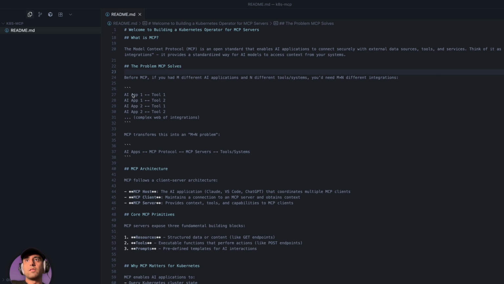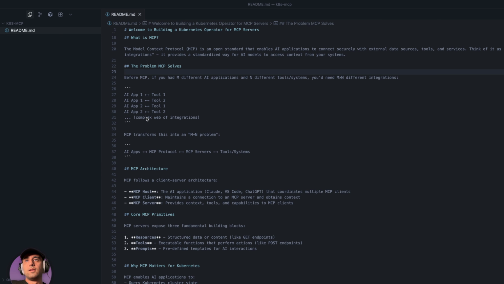On the left side, you can think of the GPT model from OpenAI, Gemini from Google, Claude from Anthropic, and so on. And on the right side, you have your APIs, your custom tools that you want to connect to your language model. You want to somehow implement some sort of automation for those APIs with the help of language models. If you had M AI applications and N tools on the right side, you needed to build M